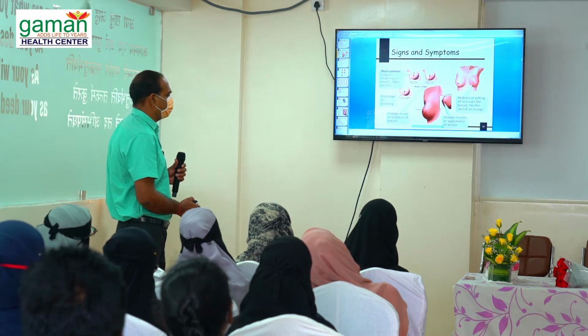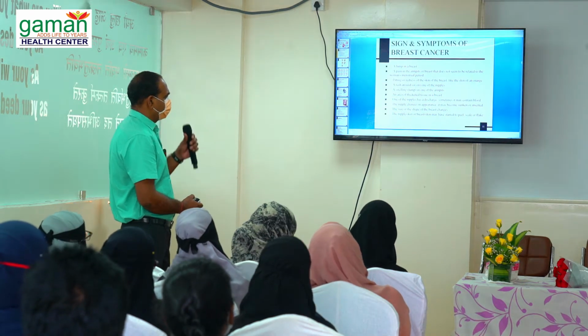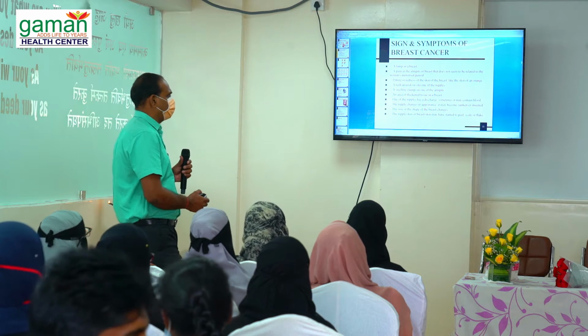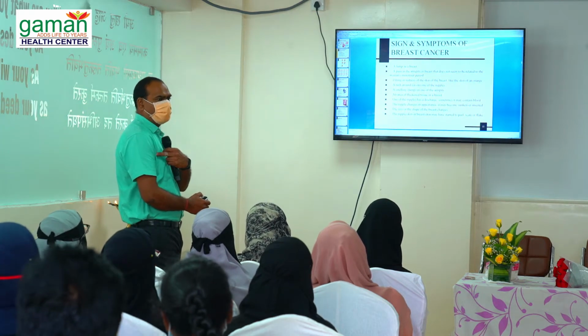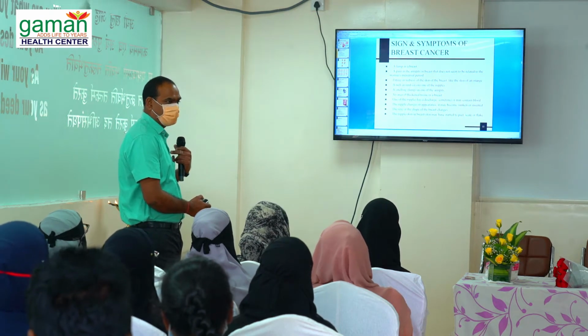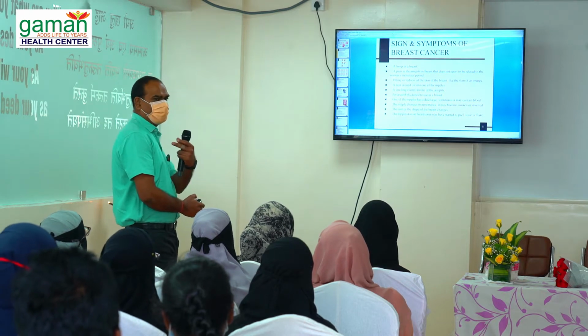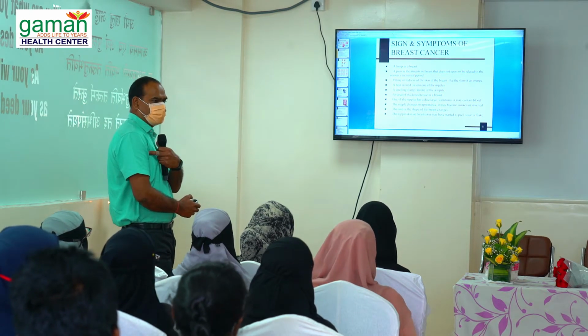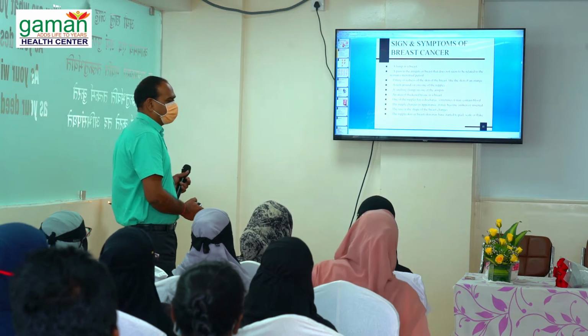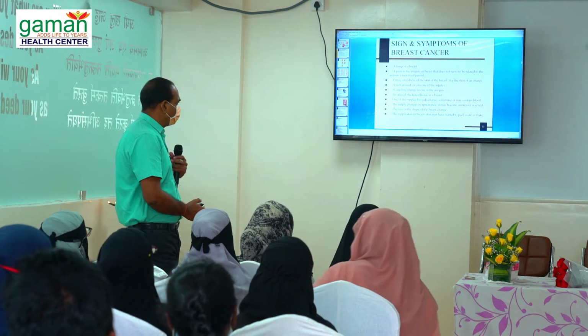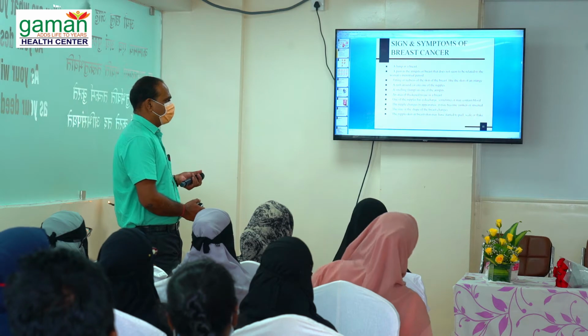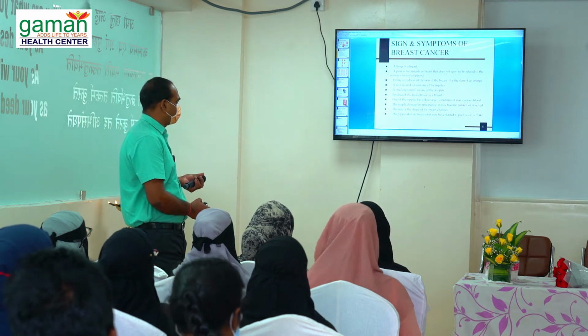Redness, a different picture you will get. Lump in the breast; sometimes you will get pain in the armpits only, with no changes in the breast. Some patients are like that also. Only lymph node swelling in the axillary region. Sometimes you will get rashes, sometimes you will not get any skin changes also. Different pictures are there for all the types.